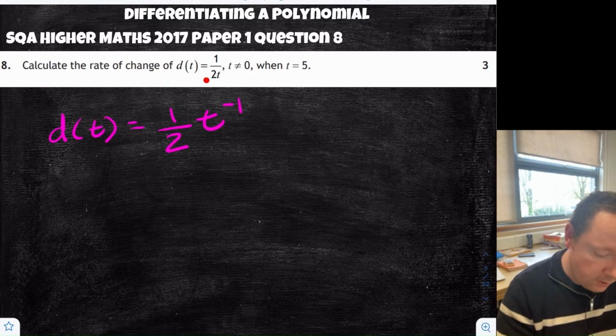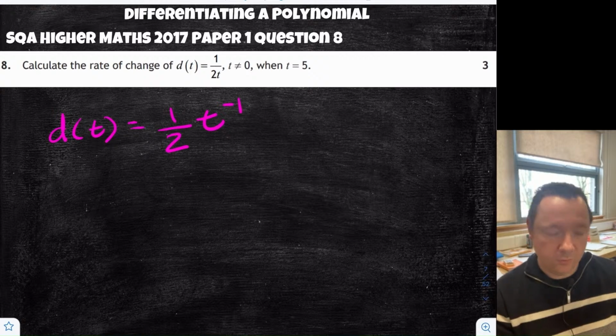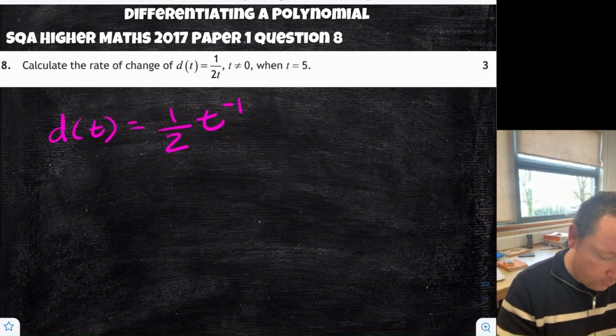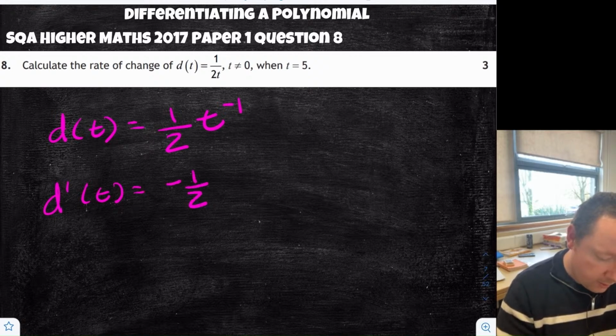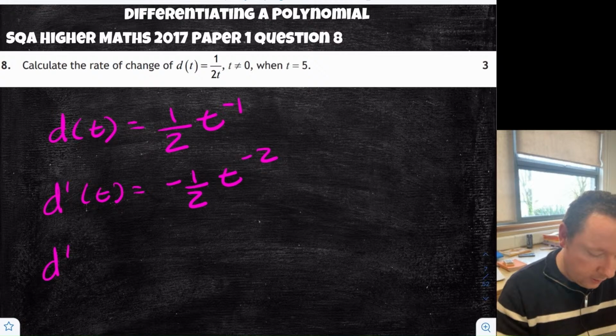Do not be tempted to move this 2, that's just a half still. Separate it out, it's just the t that's moving. Once we do that, dd/dt, take the minus 1 down, so we get minus a half t, take away 1 from the power, we get minus 2. Now we have to work it out when t is 5, so dd/dt at 5 is equal to minus a half